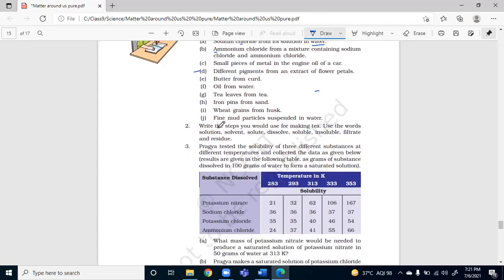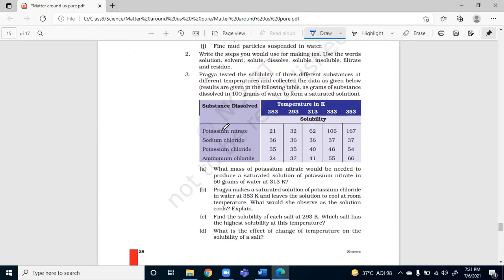Okay, so let's try question number 3 by yourself. I'm giving every one of you a minute to think for the question, then we will discuss. So I'm giving you 2 minutes to look at the table and to have your own clarity, then we will discuss these 4 parts.